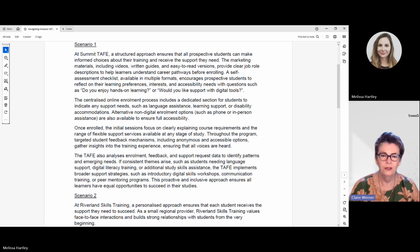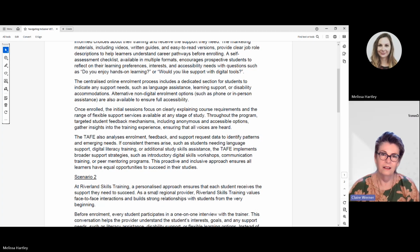Fundamentally, though, I hope what you're seeing here is that this organisation is proactive and inclusive in the approaches that they use to make sure that learners have that opportunity to succeed. This is an organisation, of course, a big organisation that has a lot of capacity and a lot of capability to do these types of things, and is not the only way that you can do that. When we look at